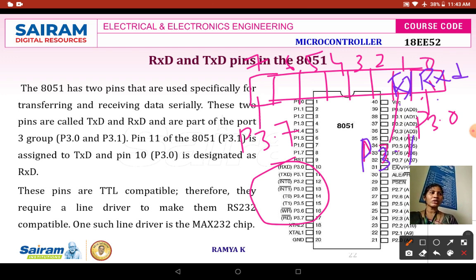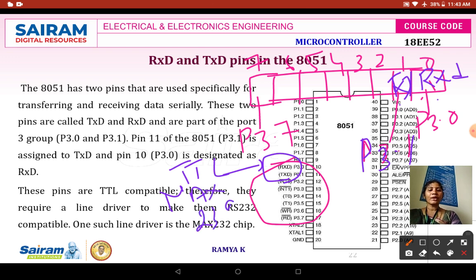So these two pins are mainly meant for transmitting and receiving the data from your external hardware device. And also when you are transmitting or receiving the data, you have to check that these two pins should be compatible with your TTL logic. If it is not compatible, then you have to connect the chip called MAX232.